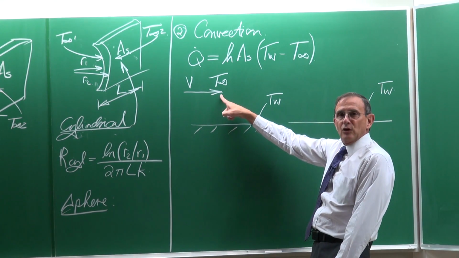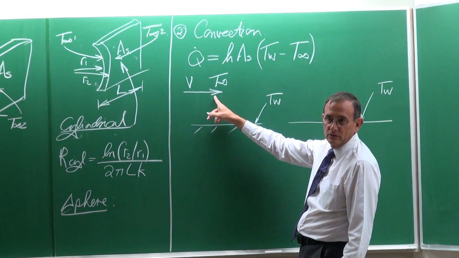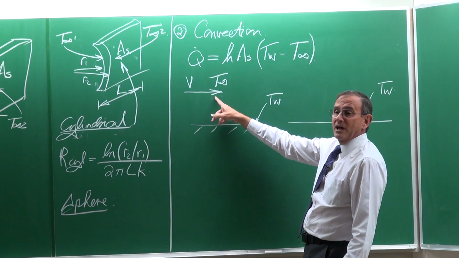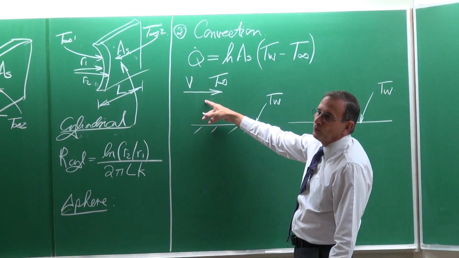I'm showing this arrow because it has a little bit of length. It has a little bit of oomph. Okay? So it can be 10 meters per second, 100 meters per second, 1, 0.1,